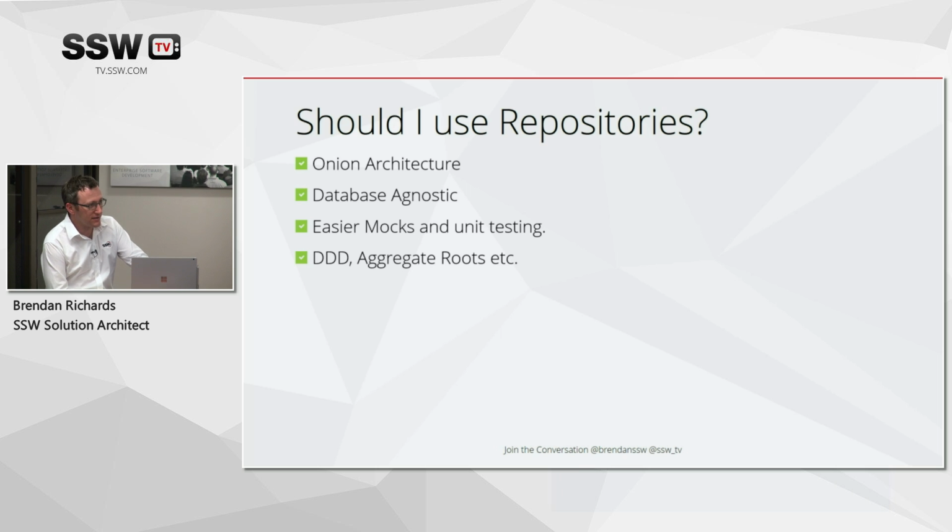If you want to move up a level and do things like more solid DDD and aggregate roots, so an aggregate root is, say I've got an order object, and that order object has a whole bunch of order items or line items against it. What you'd never do is query your order object and then go and query for your items. With an aggregate root, you have a repository that says, here's my order. The repository only ever gives you a complete order, so the order with its line items, and you treat that as a single entity, not the individual bits that make up that entity. So aggregate root is, this entity exists only when it's full and hydrated, and it's ready to be used in business logic, not across the little bits and pieces.